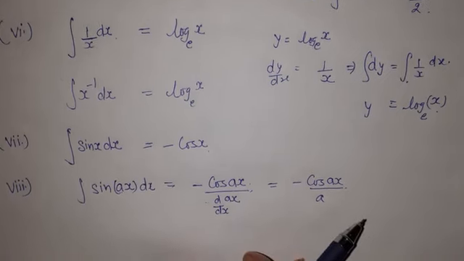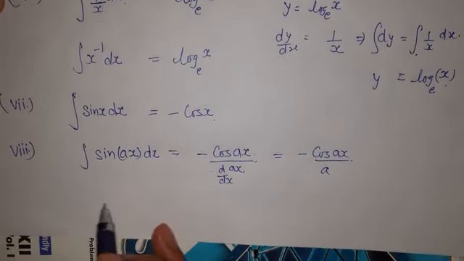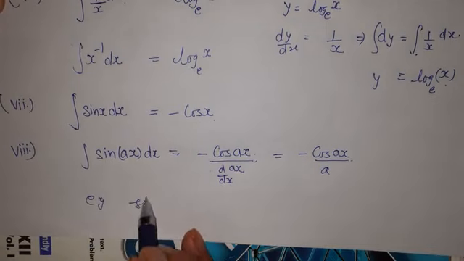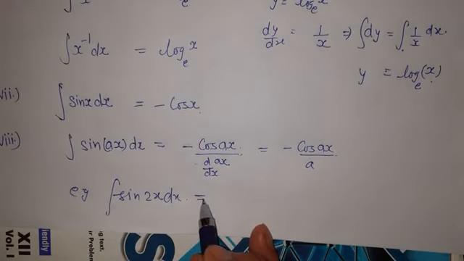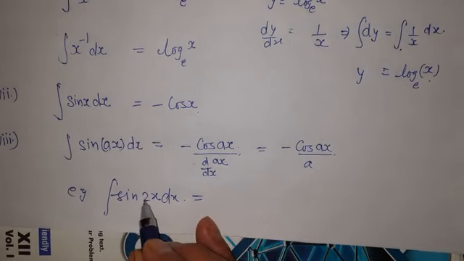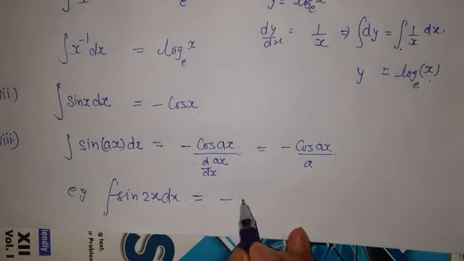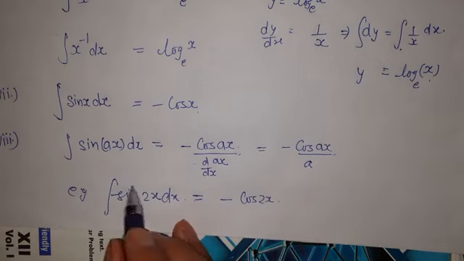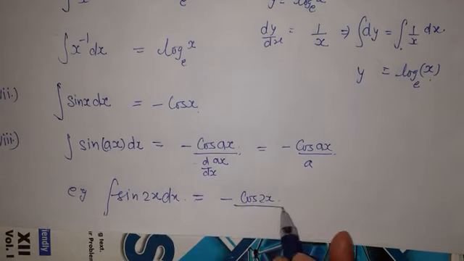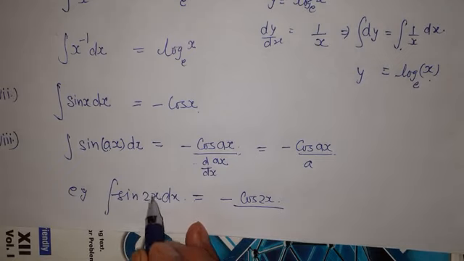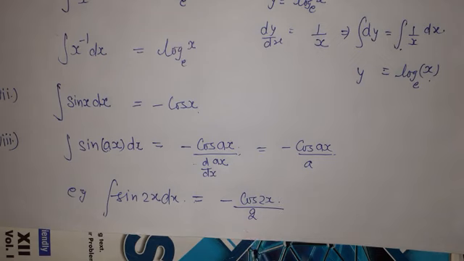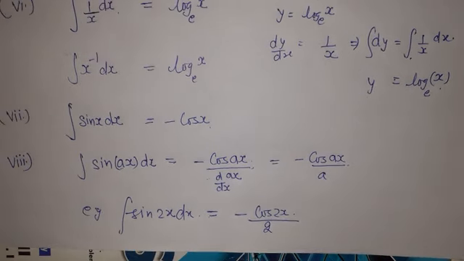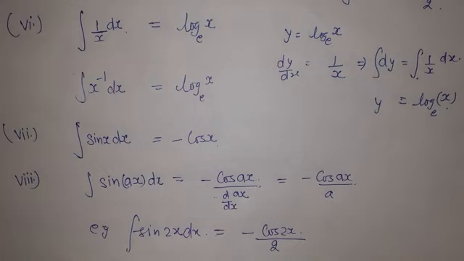Now let us look at this with the help of an example. We take sine of 2x and find its integration with respect to x. The integration of sine is minus cos 2x. First it is the integration of the sine function, then we find the integration of its angle. For the angle, we take its differentiation in the denominator, that is, we divide by the derivative of the angle. So with the example we come to know about this rule.